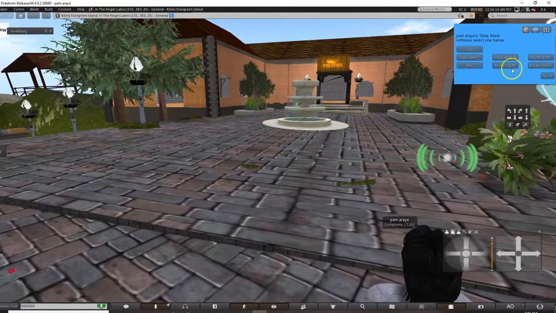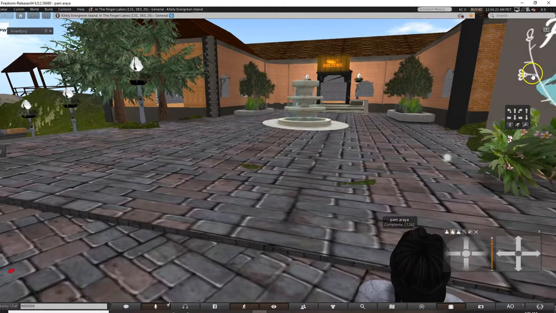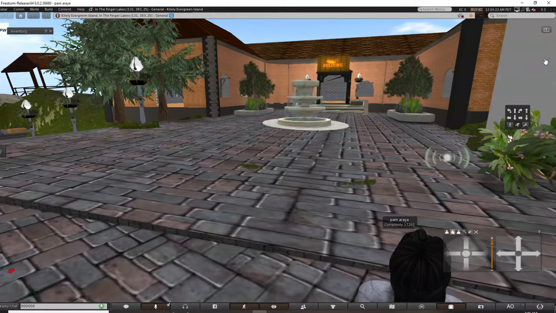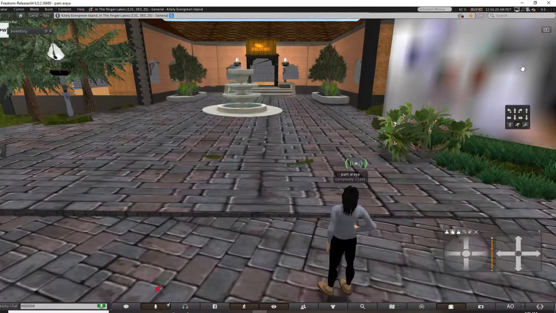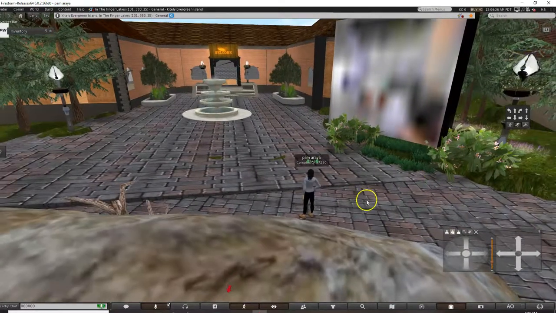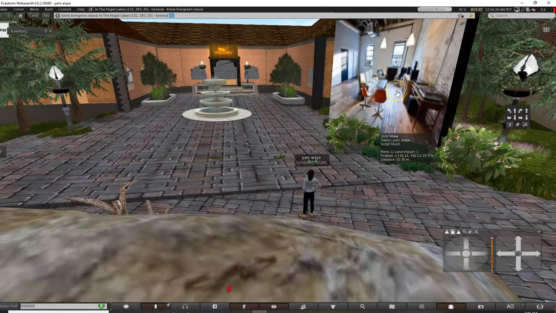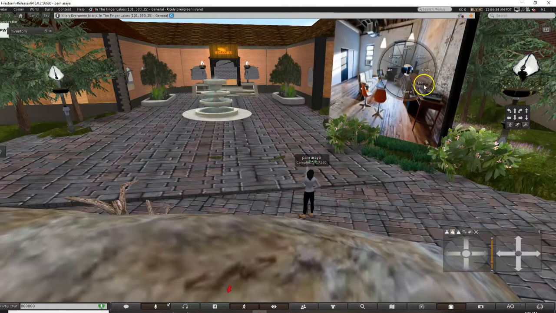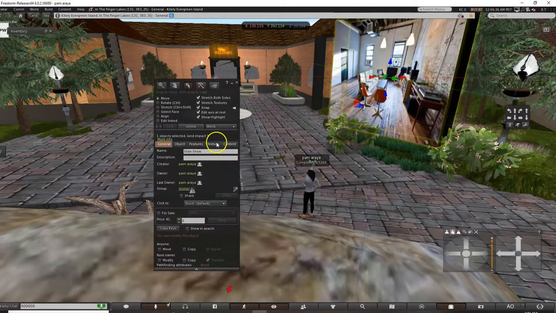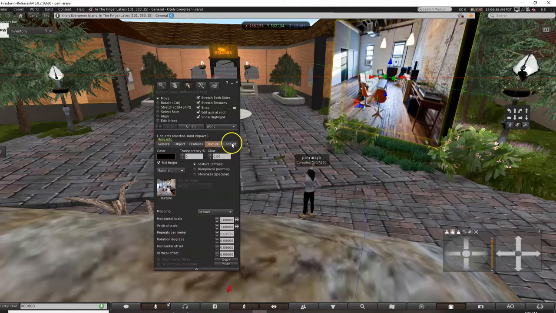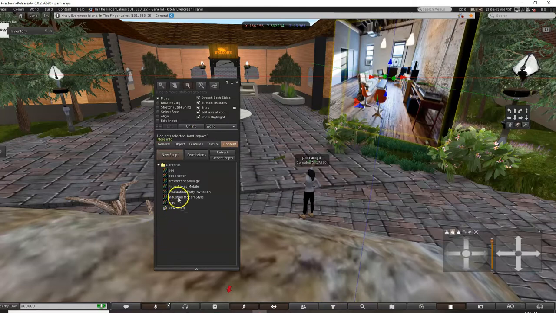So I'm trying to figure out why this guy doesn't switch. Oh, so there's something wrong. See, when I talked about the idea of having the graduation party, this is the slideshow I'm talking about. And for some reason, it doesn't want to show the texture that I just uploaded, which is the invitation. Not sure why.